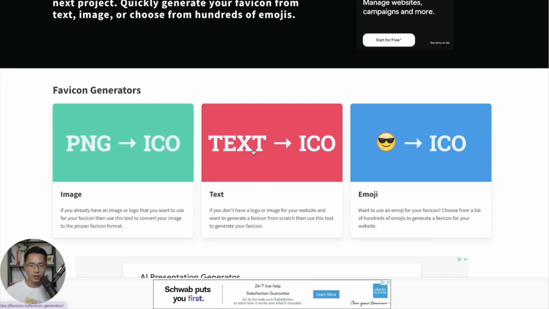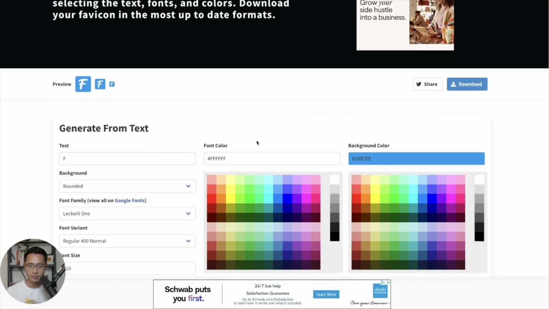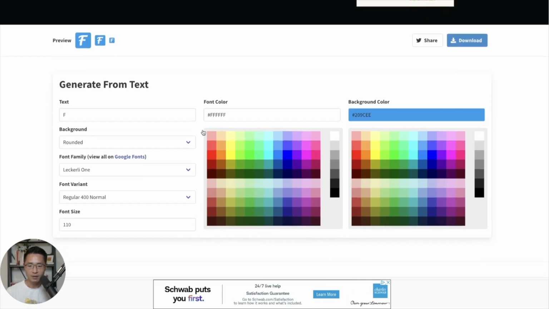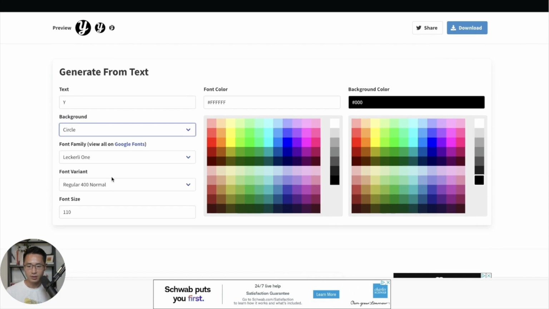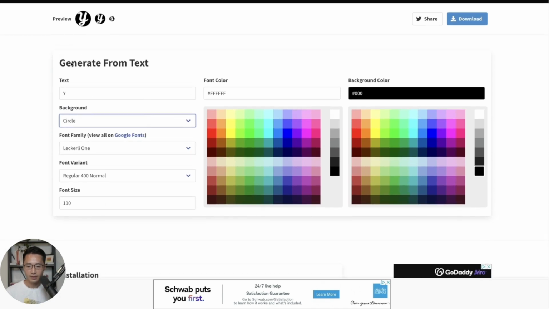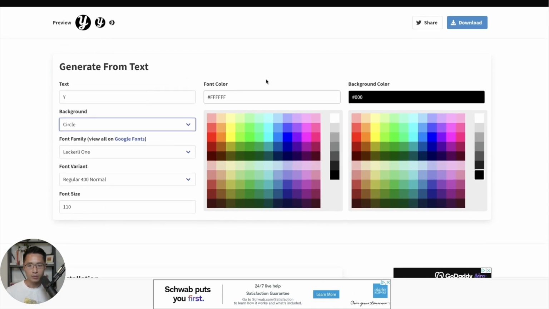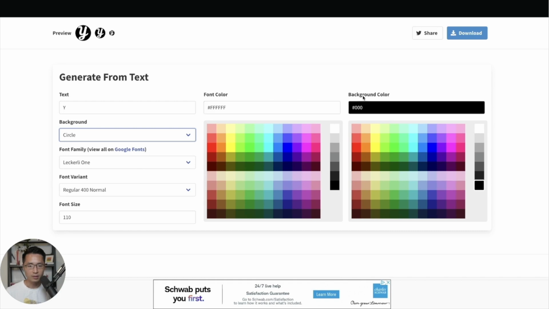So let me show you how the text works. So for example, we can generate the entire favicon here. So let's say we want to just do the letter Y and then for the background color, we will just choose black. I like the circle background. The font is good, font size is good. So let's say that's the settings that we want to go with, and then it will look like something like this. Just click download,